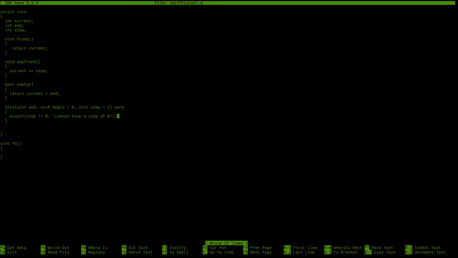Then, yeah. We say this step equals step. This dot current, current equals begin, and this dot end equals end like this. Now when doing iota,